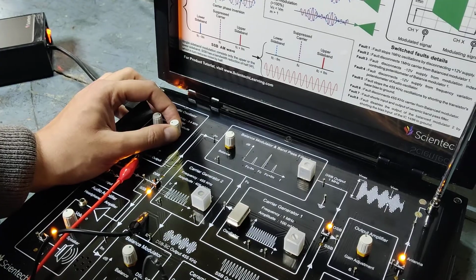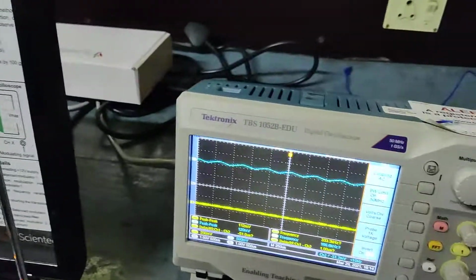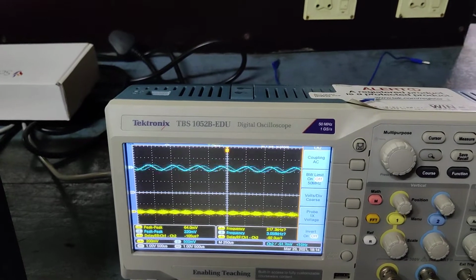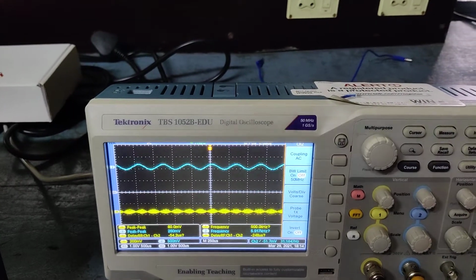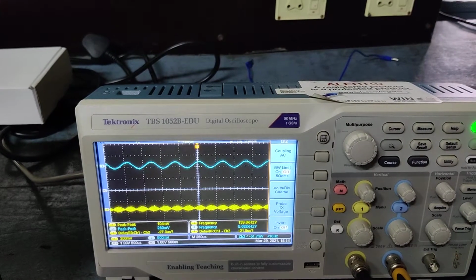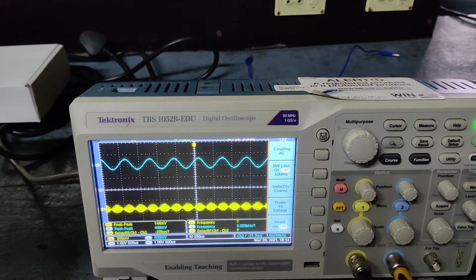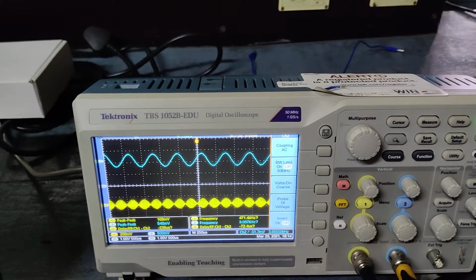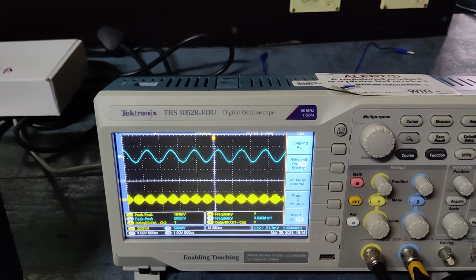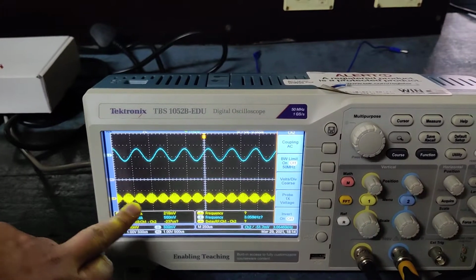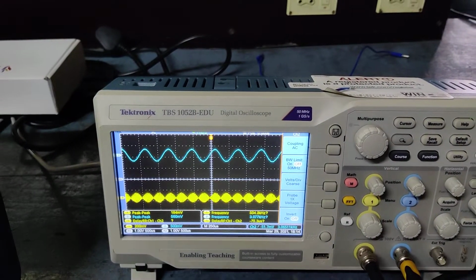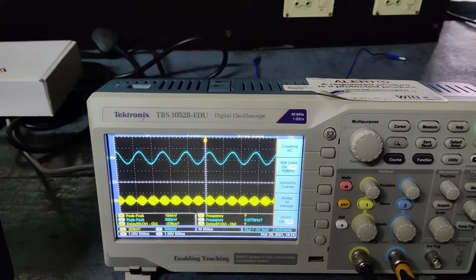We can see on the oscilloscope that once we have started increasing the amplitude, that is, once we have started giving an input to this balanced modulator using this audio oscillator, we are obtaining both the DSB SC as well as the audio input signal. This particular signal that we have obtained simply suggests DSB SC. That means we have suppressed the carrier here.